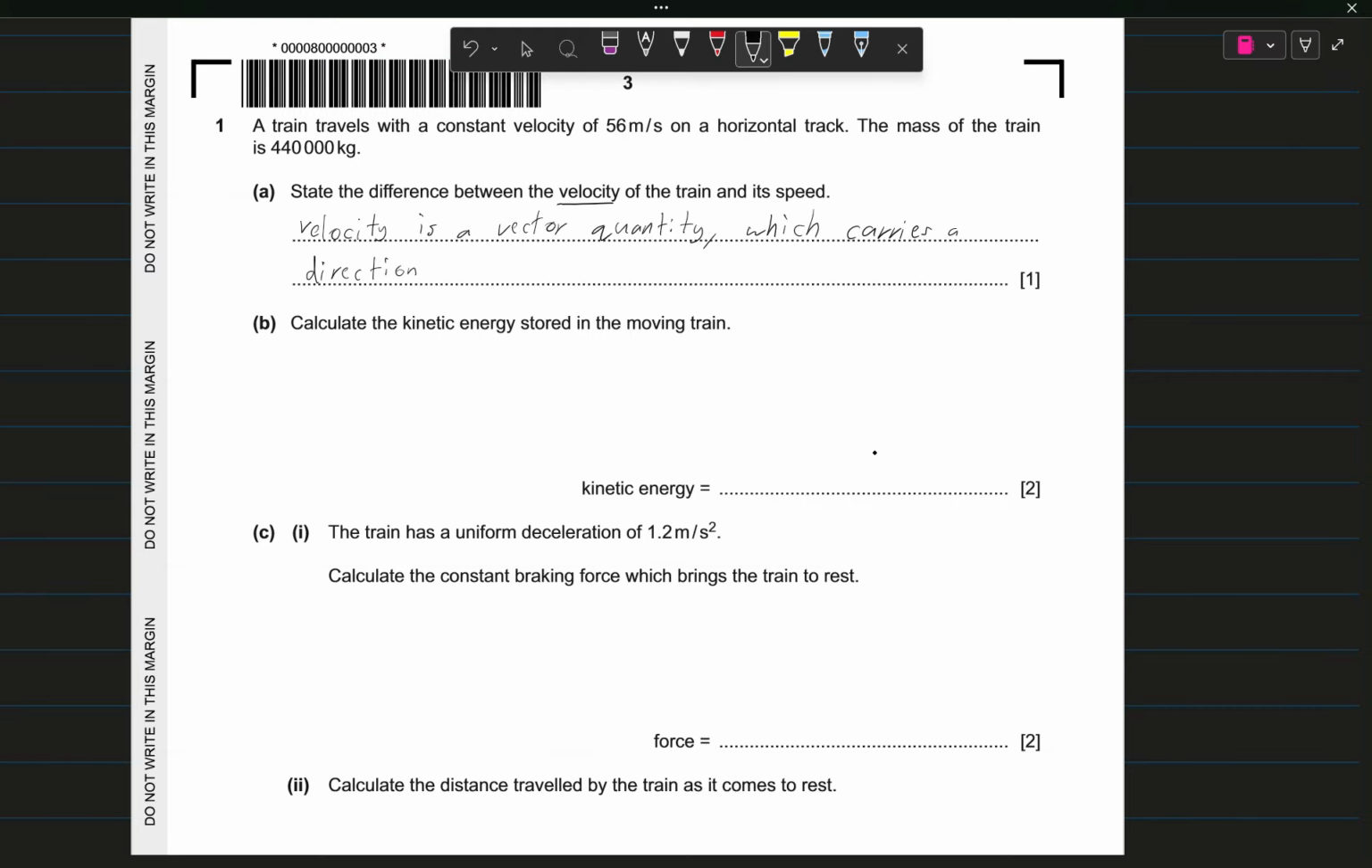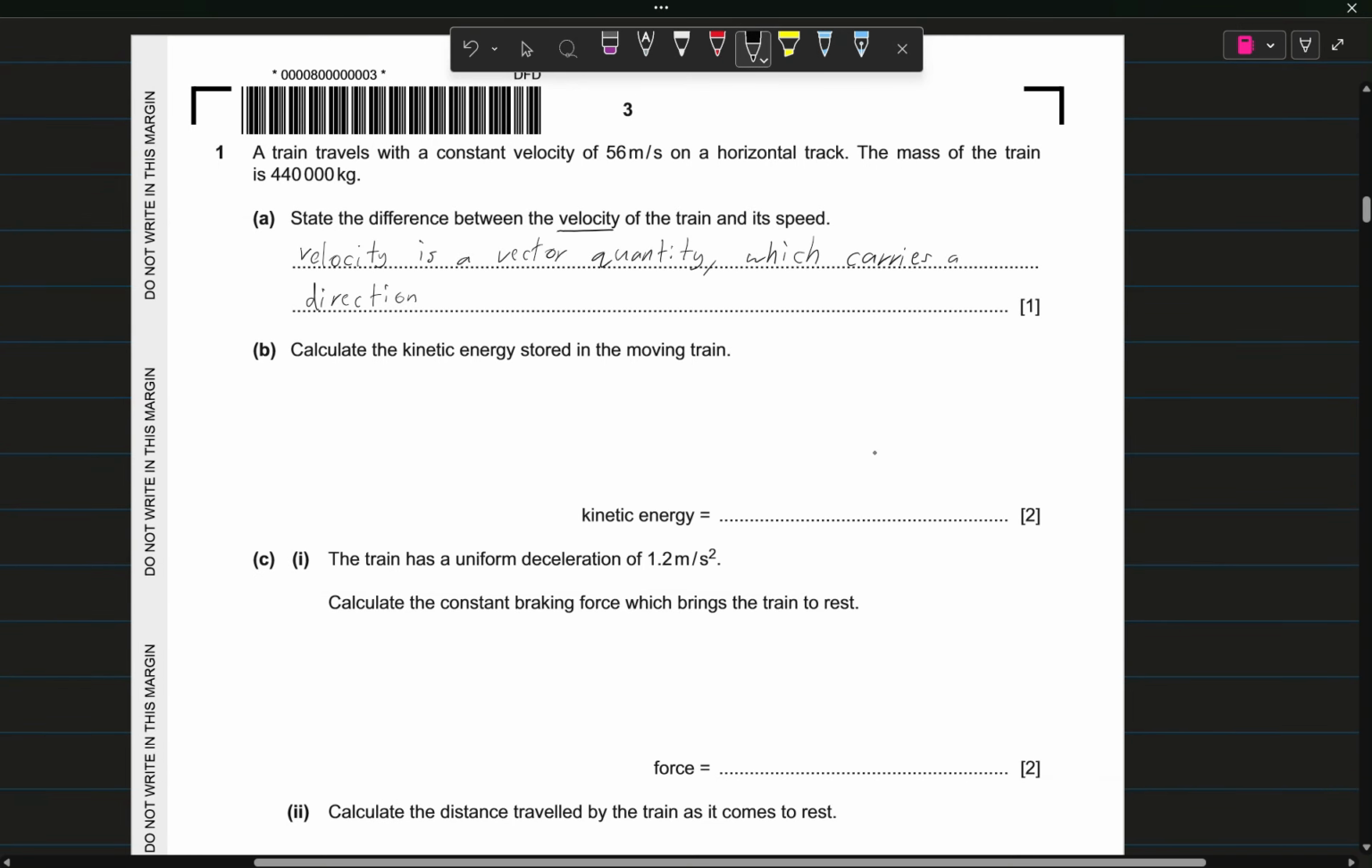Calculate the kinetic energy stored in the moving train. Okay, now to find kinetic energy, you use this formula here. KE equals half mv squared. Now the mass we already know, that is 440,000 kilograms. We don't need to convert anything. And the velocity is 56 meters per second. And then of course we have to square that. If you were to put that into the calculator,